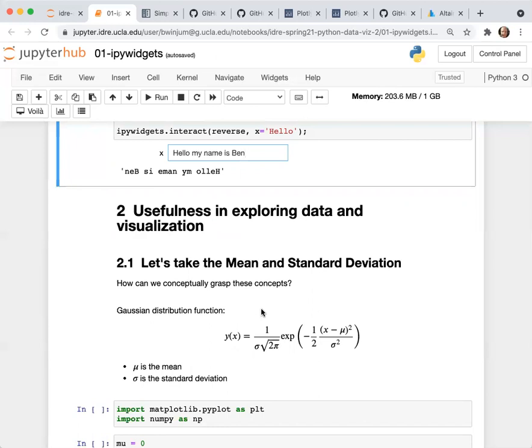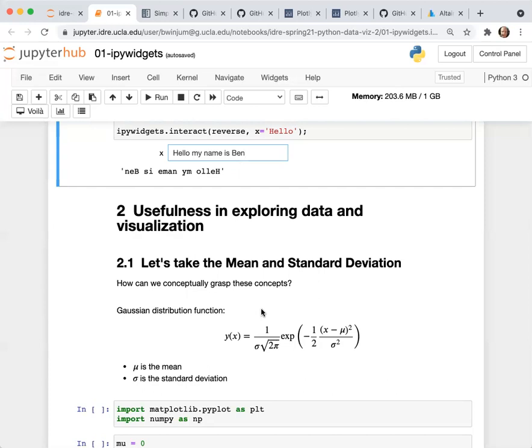There's another question. I'm curious how easy it would be to use ipywidgets outside of Jupyter, for example, in PyCharm. That's a good question, and I'm not exactly sure.